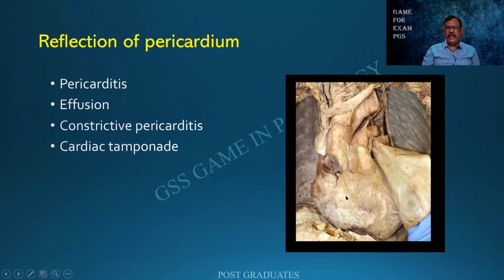Normally, you will be able to see the underlying structures through the pericardium, just like the pleura. But here, it is opaque, thanks to the pericarditis and fibrosis. There might be different types of effusions, a serous effusion, seropurulent, or a hemorrhagic effusion. Sometimes there can be what is called a constrictive pericarditis, and there can be a cardiac tamponade also. If you are lucky, we shall be seeing a couple of pictures of this. These I have removed from the dissection of the heart, a beautiful series if you people can lay your hands on.